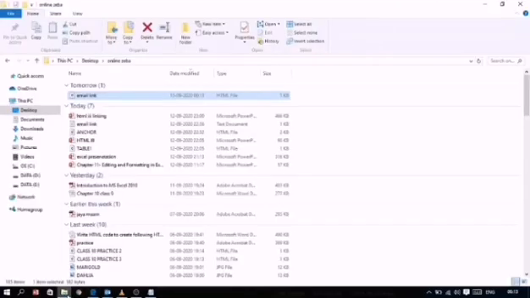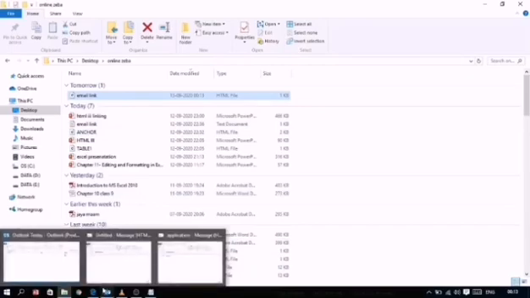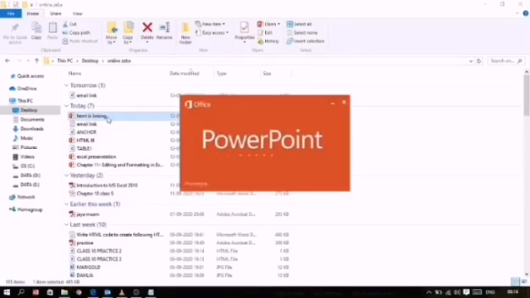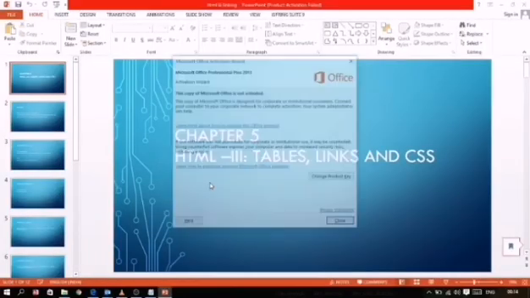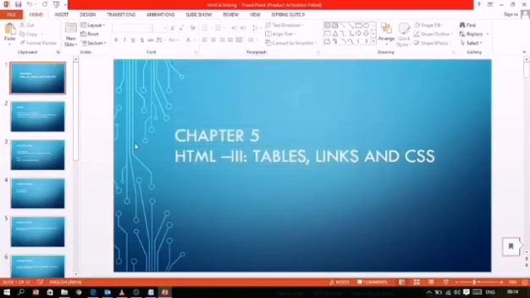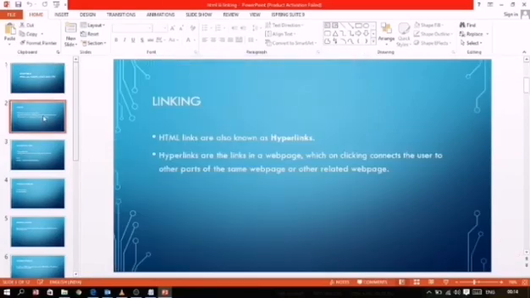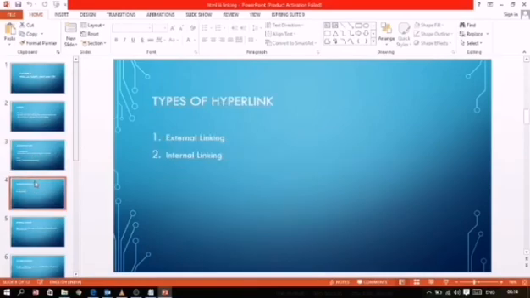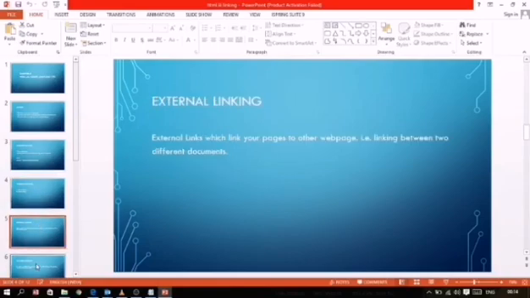I hope all these topics will be clear to you. So just have a look at all such options once again. The topic which we have done right now is about email, and the whole chapter was about linking. First I explained about links, then the anchor tag and how we create a hyperlink. Then there are two types of linking, internal linking and external linking, which I explained with examples.